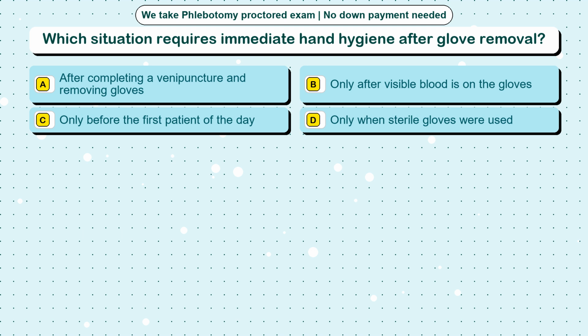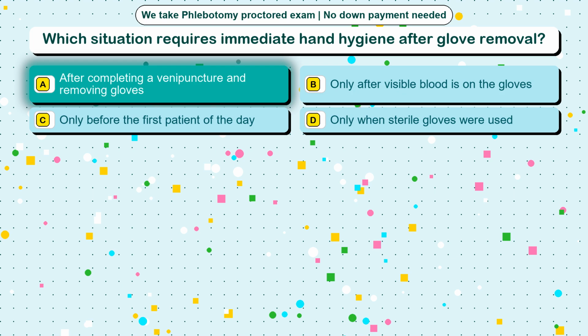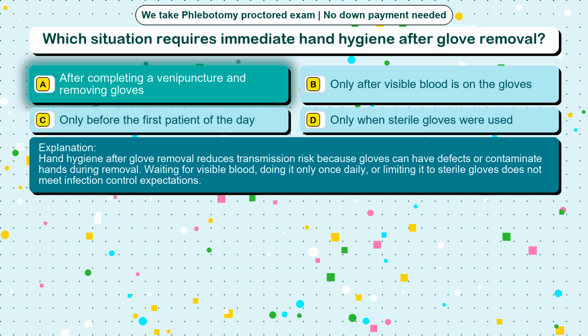Option C. Only before the first patient of the day. Option D. Only when sterile gloves were used. The correct answer is option A. After completing a venipuncture and removing gloves. Hand hygiene after glove removal reduces transmission risk because gloves can have defects or contaminate hands during removal. Waiting for visible blood, doing it only once daily, or limiting it to sterile gloves does not meet infection control